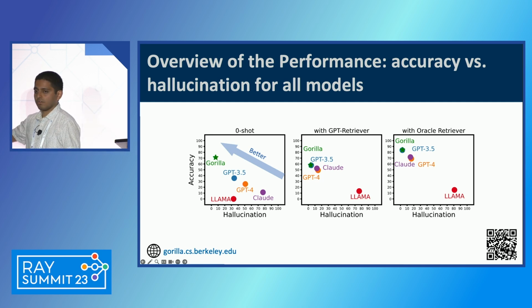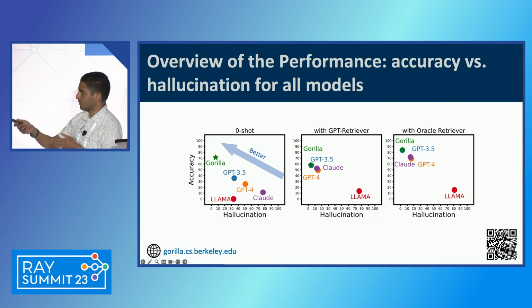This is when your recall top k equals 1 is 100%. This is if God gave you the right answer all the time. And this is to show you the headroom, right, and how well you can perform. And as you can see, across most techniques, including zero-shot, GPT, and Oracle retriever, Gorilla matches, if not beats, open source, but also more interestingly, closed source models like GPT-4, 3.5, and Claude.